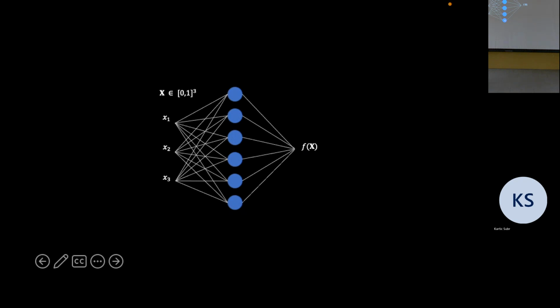So the idea is you have different nodes, and then you have different inputs. In this case, each node has a function of 3 variables, and then you combine them somehow and you get your final function. That's the one layer simplest neural network for you.